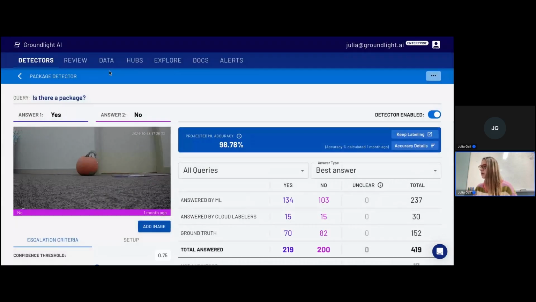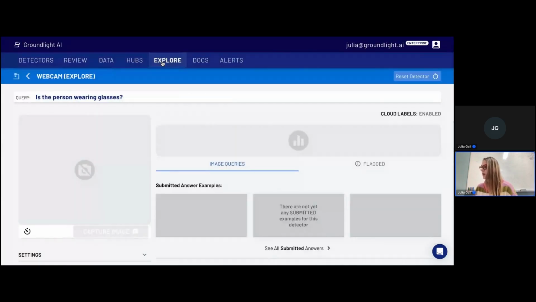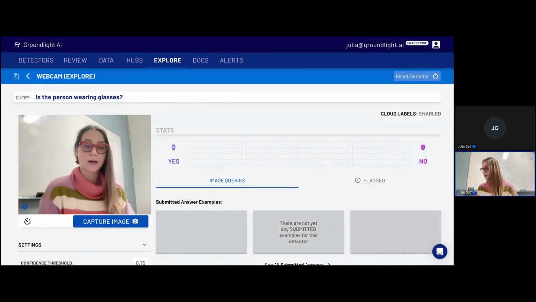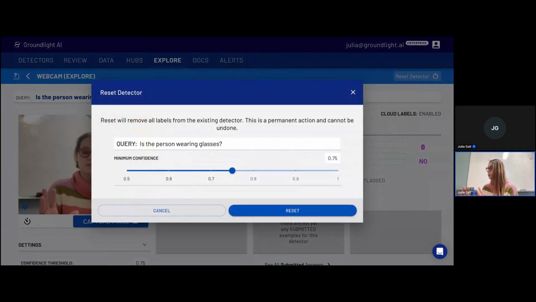So anyway, I'll go deeper into that a little bit more. But let's start by going to the Explore tab and let's create a new detector. So when you first enter Explore, it's going to ask you to access your webcam. And it's going to also bring up this kind of window. And so you're going to need to write your own query,